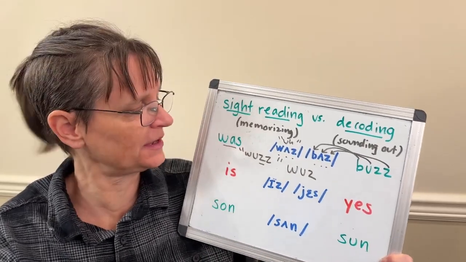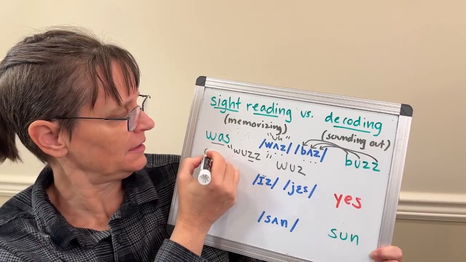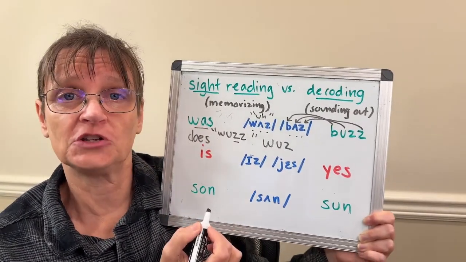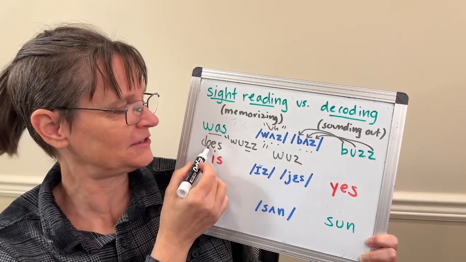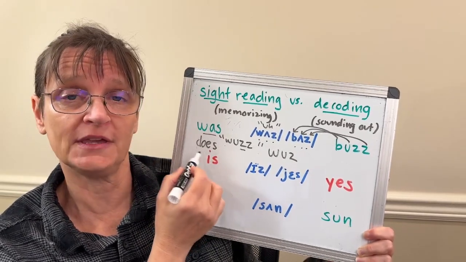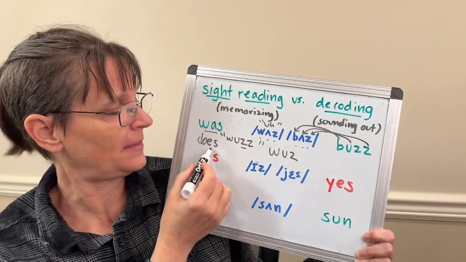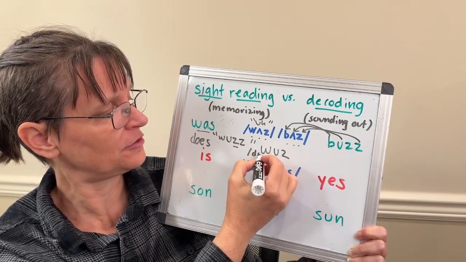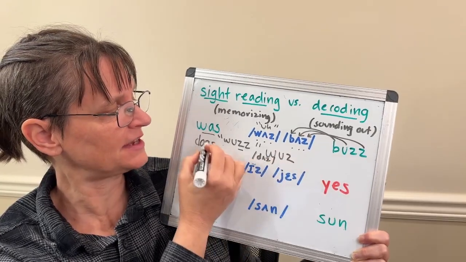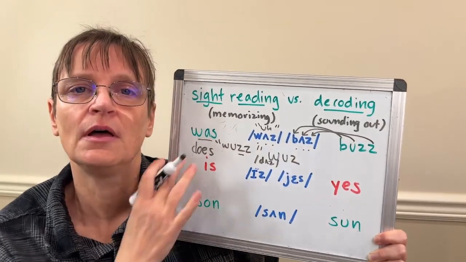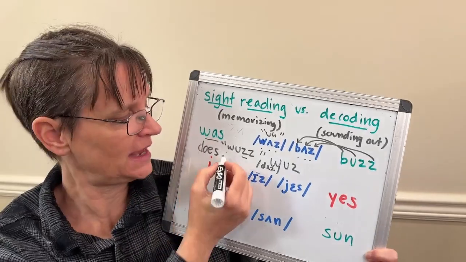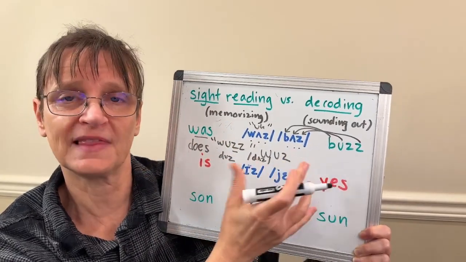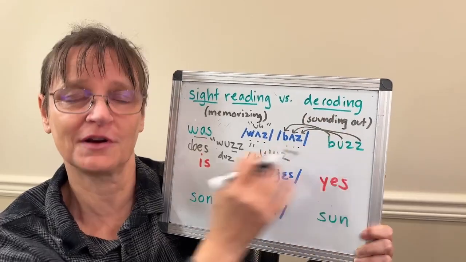Another great example here would be the word "does." That spelling doesn't make sense at all, right? It's like the word "doe," O-E usually would say "oh," but it has the same sounds, the same last two sounds as "was" and "buzz." So memorizing this, visualizing "does," "was," and grouping them with a sound like "buzz" where decoding works can be really helpful